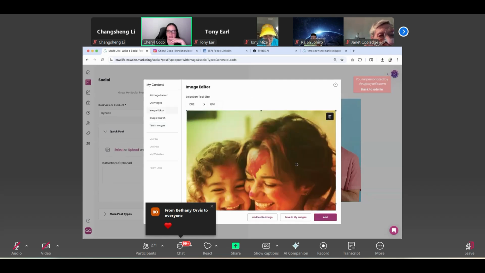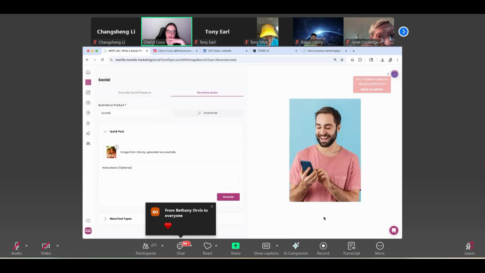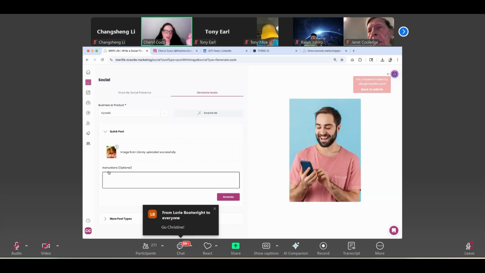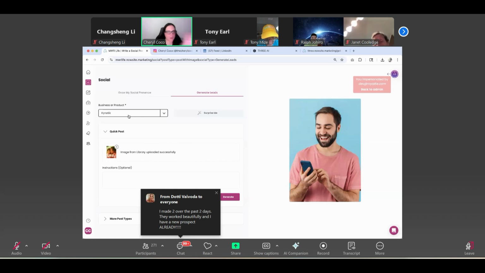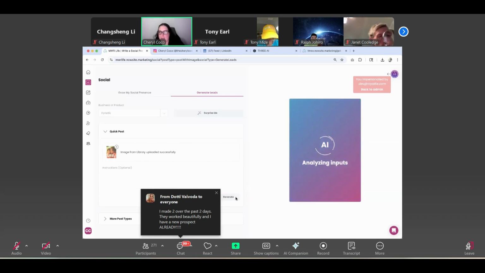So this one is the image that I choose. I'm just going to hit select and then add. And somebody asked if I can give it some instructions. I don't really need to. It knows everything that you can possibly think of. It's pre-programmed to know everything about Kinetic when you choose Kinetic here. Like everything. Feel free to put your own instructions. I don't even know what instructions to put here. But if I click generate,